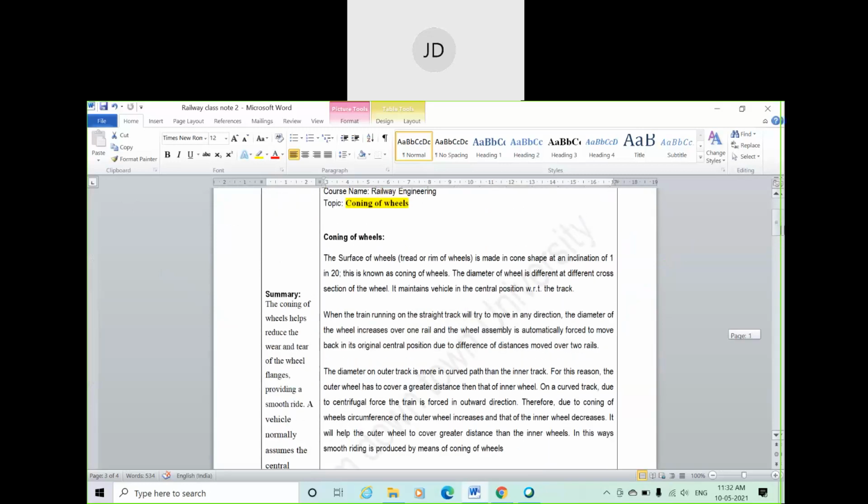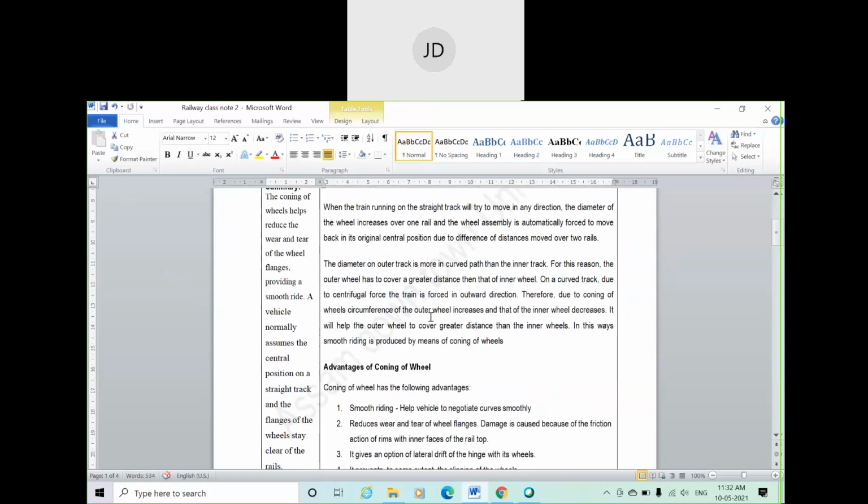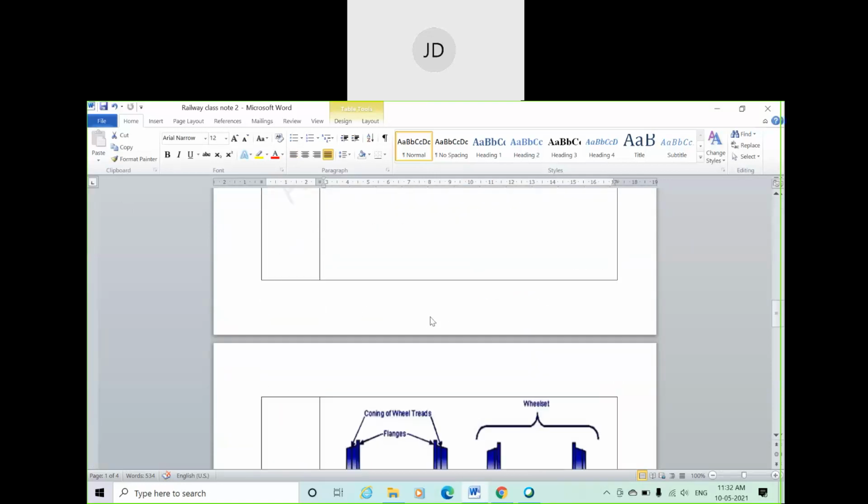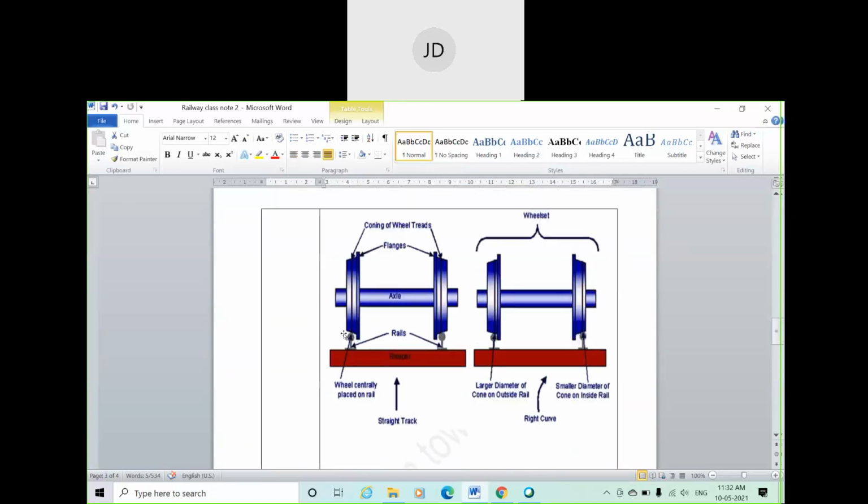So you already got these things. What is coning of wheel? Fine. The surface of the wheel, or you can say the tread or rim of the wheel. That means this surface, I'm talking about this surface. This surface. Okay. Or this surface. The surface of the wheel